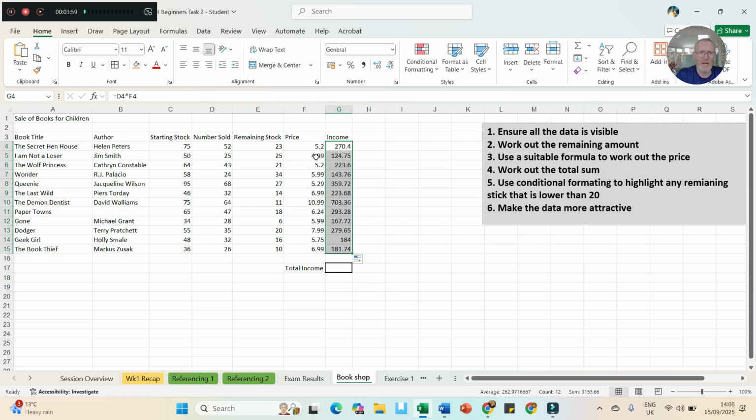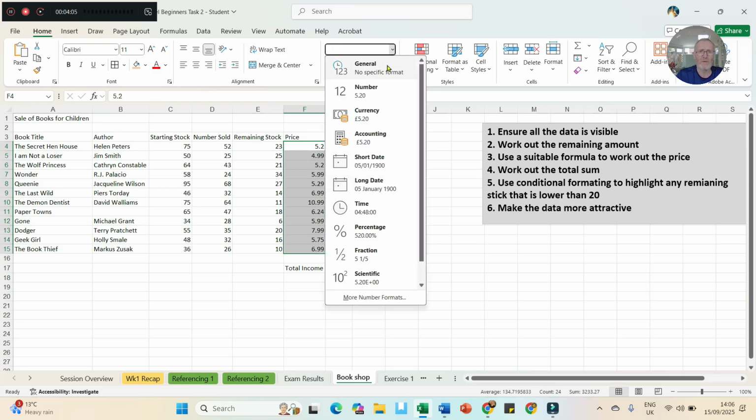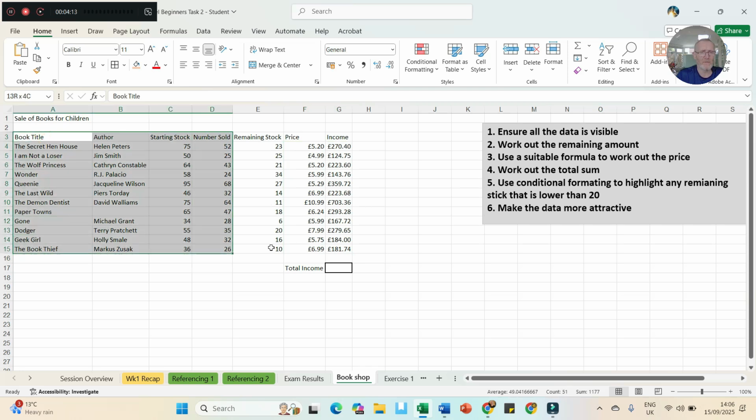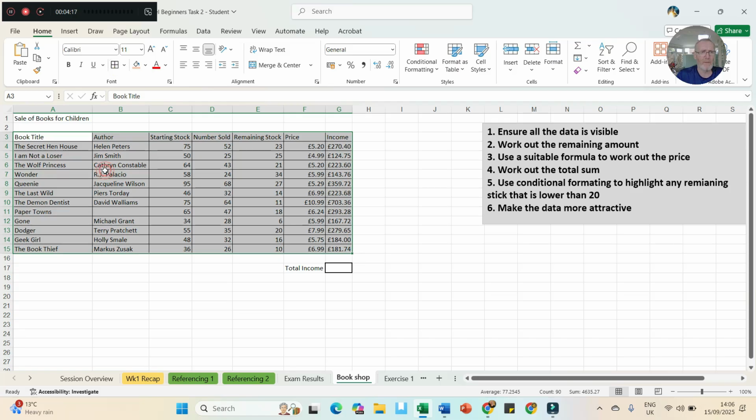And because these are in currency, I'm going to change these to currency. So I'm going to highlight them. I'm going to go up to the general tab, currency, and it changes it to 2 decimal places for me. That's good. I'm going to put a border around it. I'm going to give the row header, make that bold,